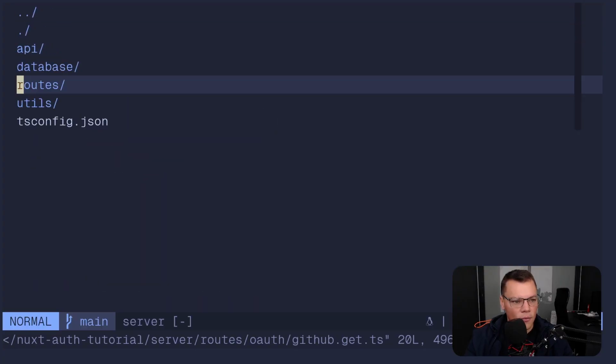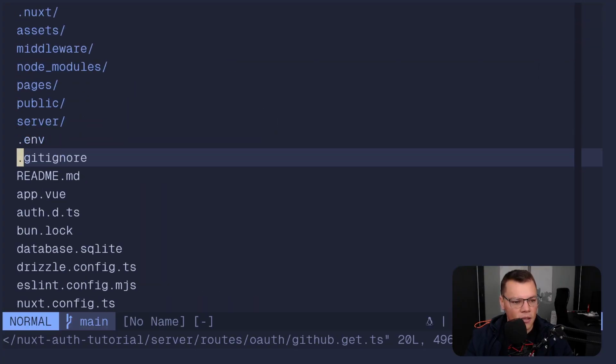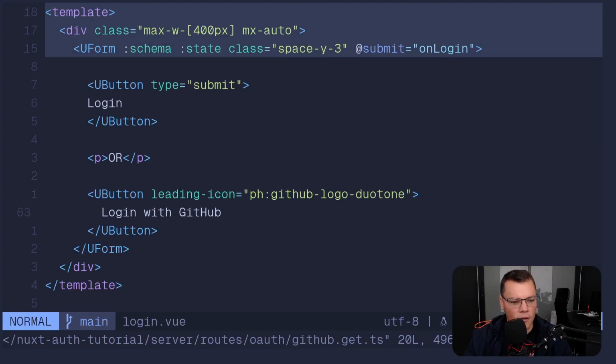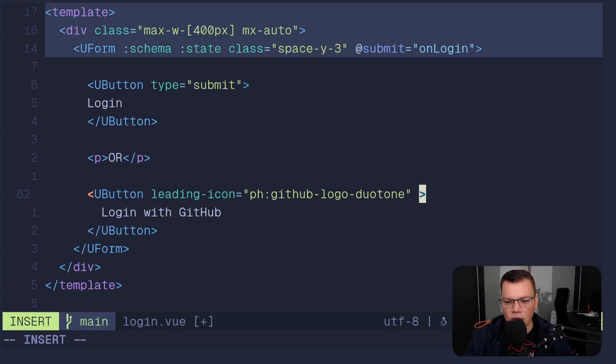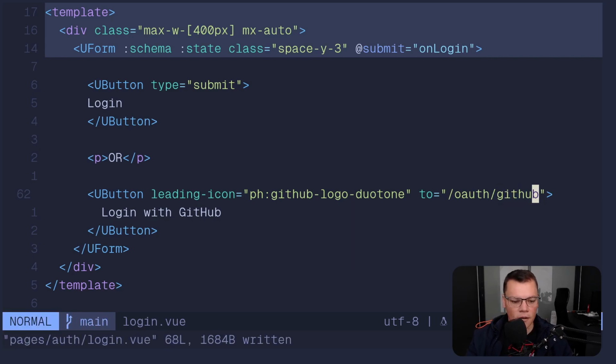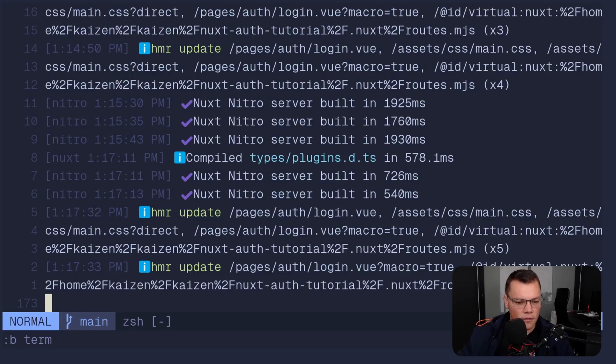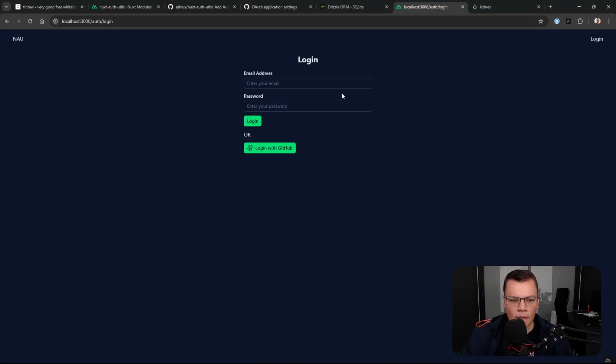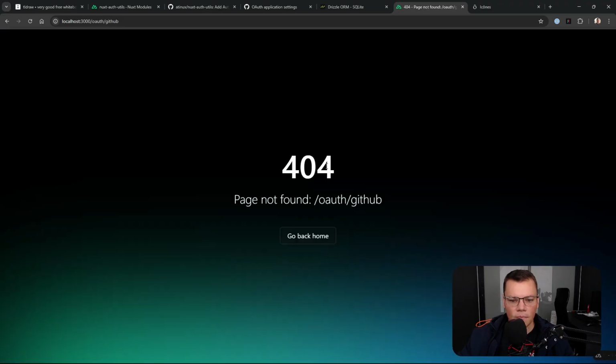So the way we're going to do that is basically in our pages, and then auth login. Can log in with GitHub. We're going to add a to property here, and we're going to say /auth/git, I think it's /OAuth GitHub, like that. So by defining that, we should have everything available to direct to that endpoint. So if we log in with GitHub,